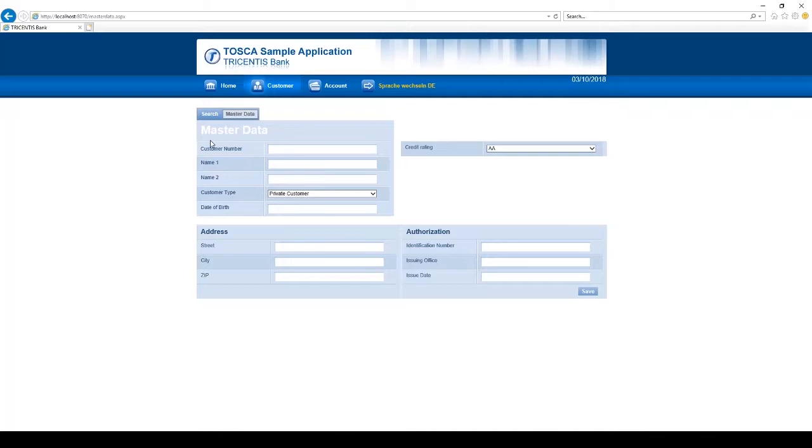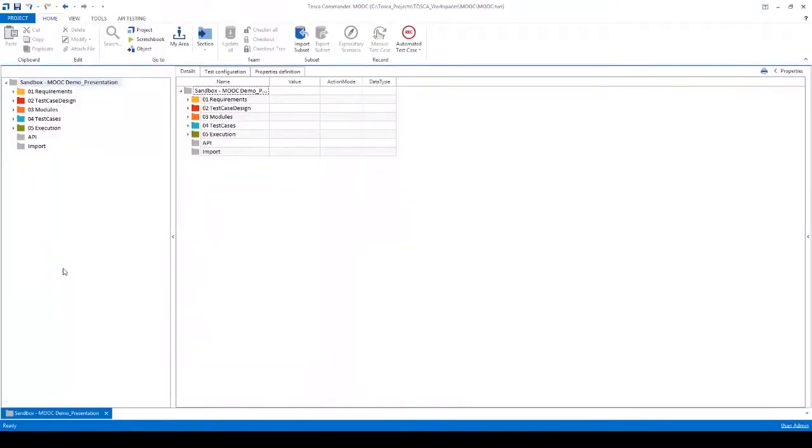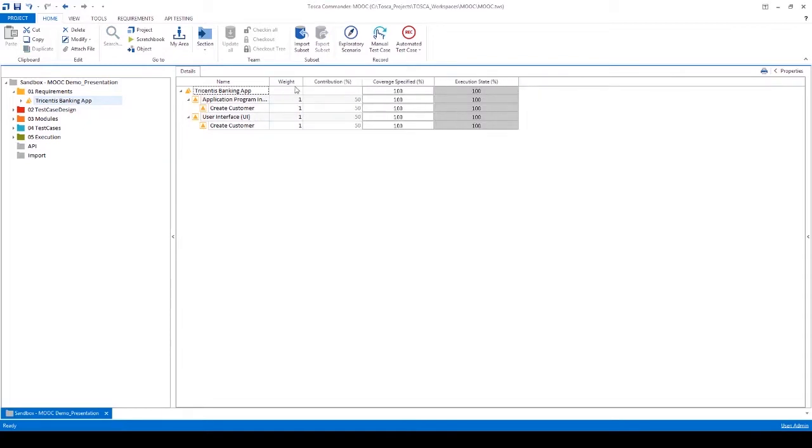So let's move a step back. We are at the beginning of our sprint, and we are in Tosca. We have set up these requirements. We would need to test the API as well. We would need to test the user interface. The development department is still